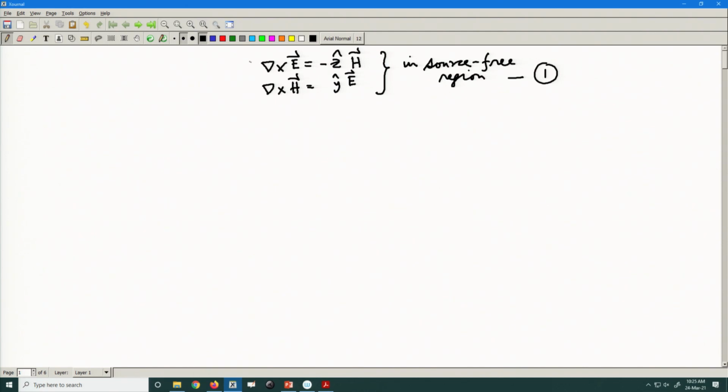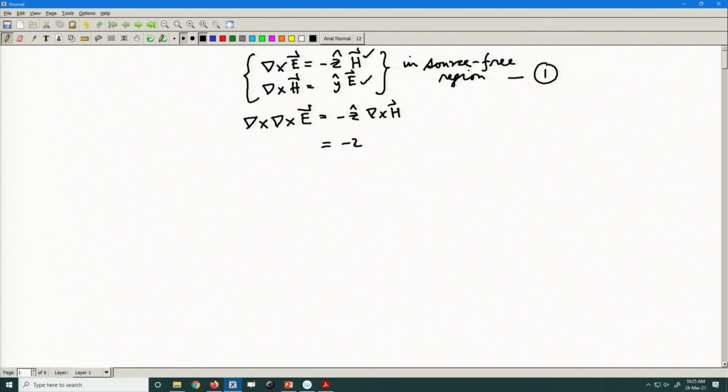Now, in order to recast this equation in terms of either E or H, we need to drive out H from this equation, or we need to drive out E from this equation. So, we need to perform the curl of the first equation and substitute from curl of H from the second equation to the first equation, okay, as simple as that. So, we perform curl curl E equal to minus z cap curl of H,